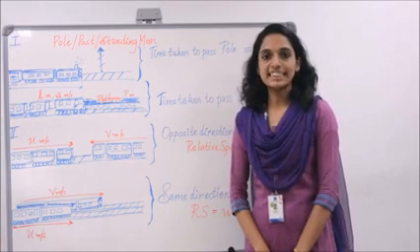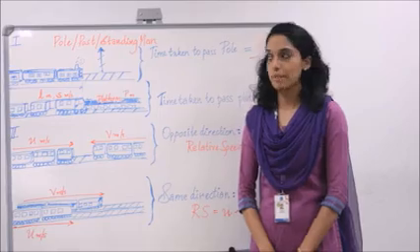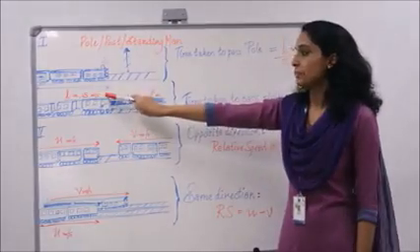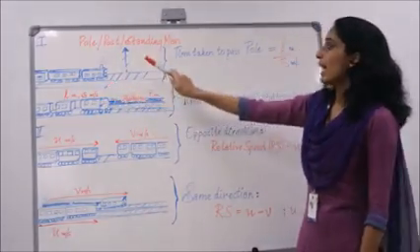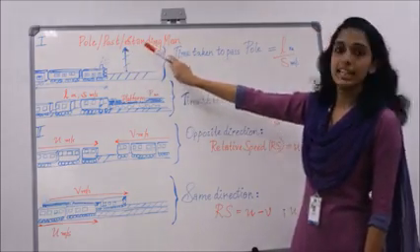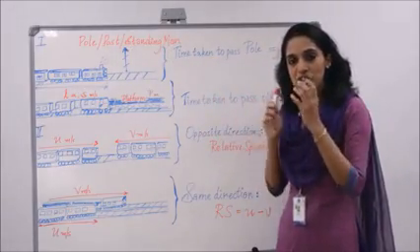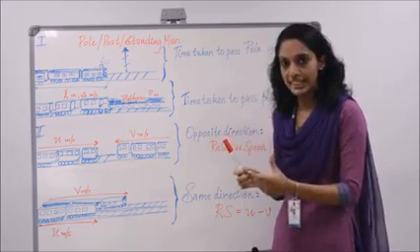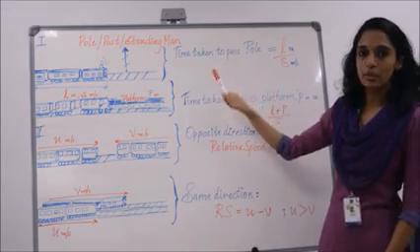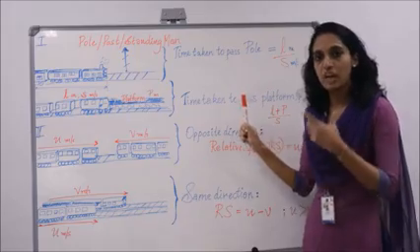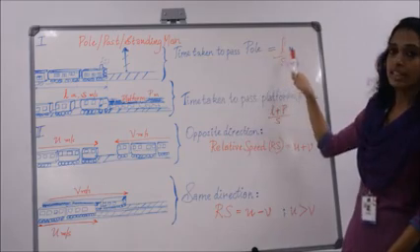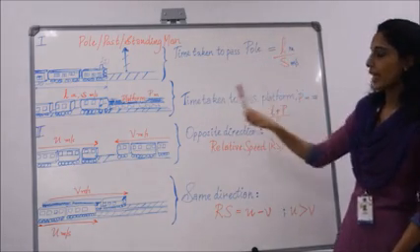Topic is trains. Let's consider some points related to the same. Consider a train having a length L and speed S meter per second, and it is passing a pole or post or standing man. That is, it is passing a stationary object of negligible length. Then the time taken by the train to pass the pole is equal to the time taken by the train to cover its own distance. Therefore, the time taken to pass the pole is equal to L by S.